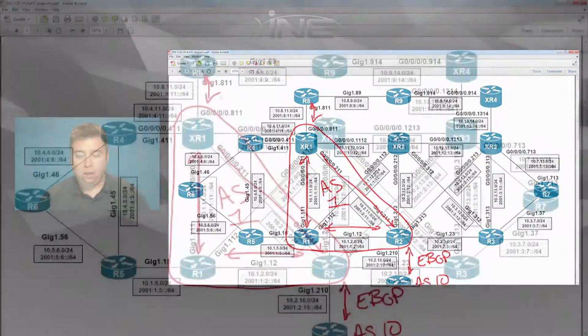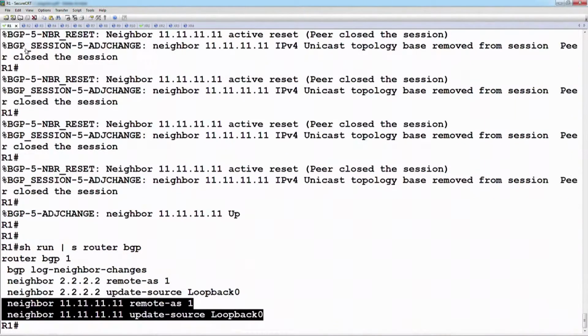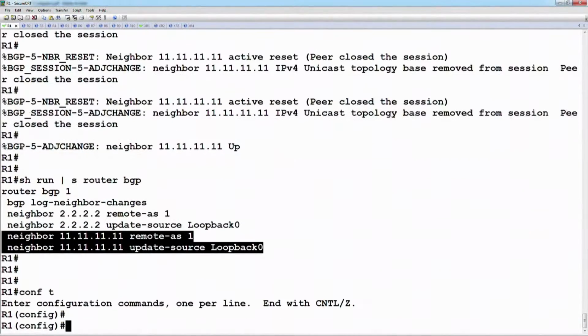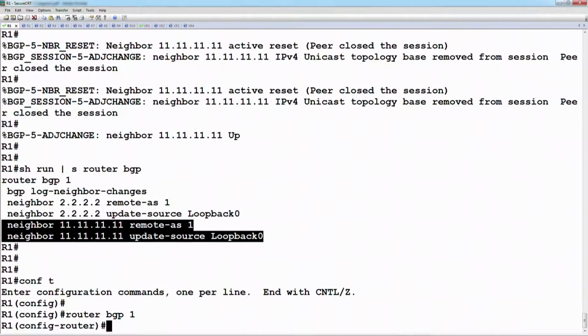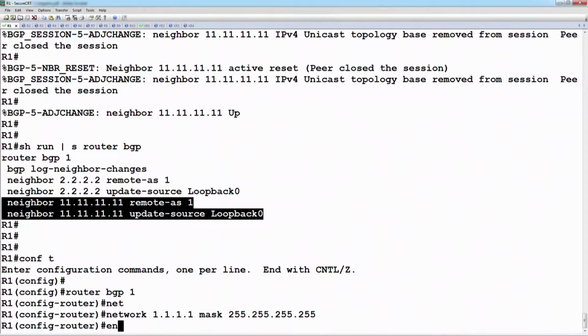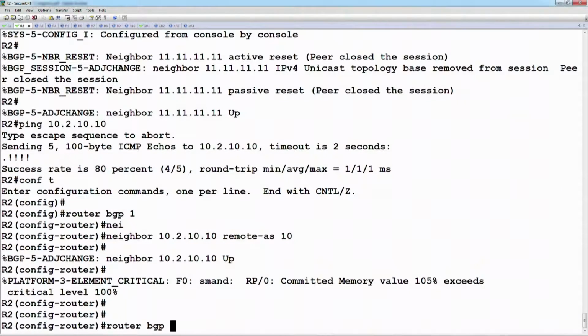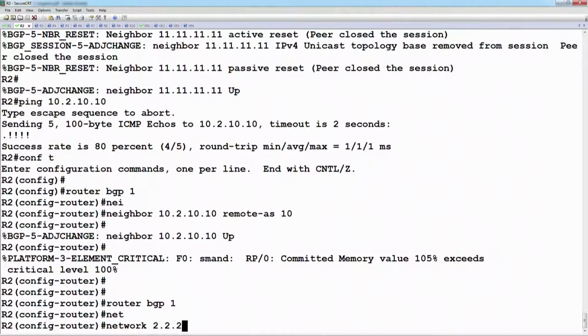So again, from regular IOS, if we go to the BGP process, let's say router BGP 1, and we're going to issue a network statement for a directly connected loopback. So on router 1, this is 1.1.1.1, mask is /32. From router 2, we're going to do the same thing. So let's say under router BGP 1, the network is 2.2.2.2, mask is